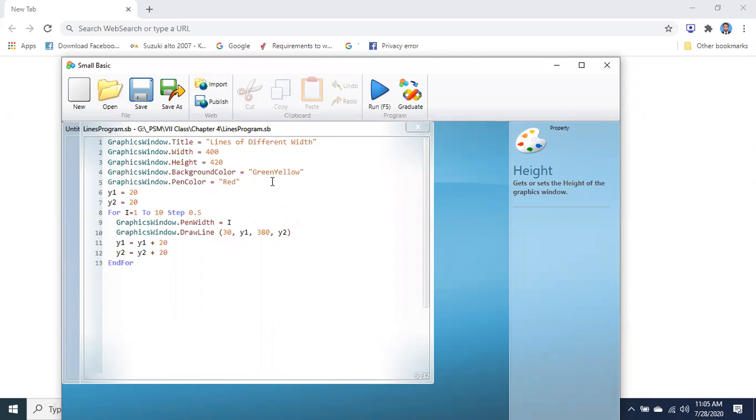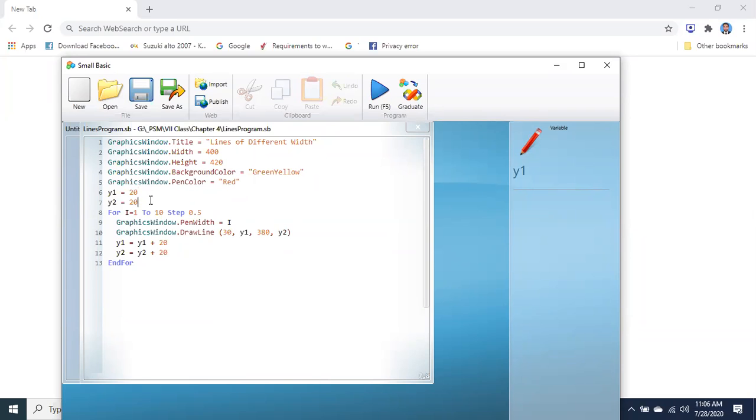Now this is a very important thing, that the y-axis, as I have explained to you in the previous program, for a line we take the y-axis constant, so that the line should be straight. So I have made the y-axis 20 over here.